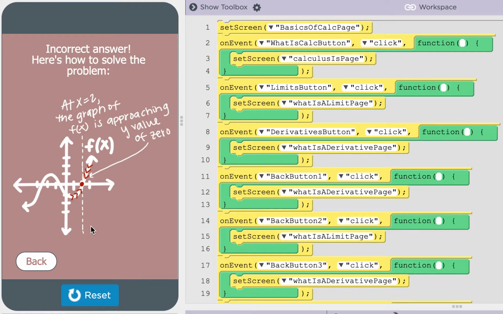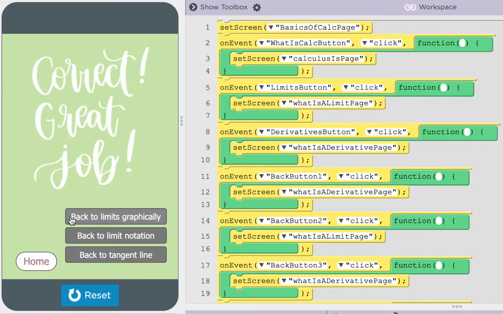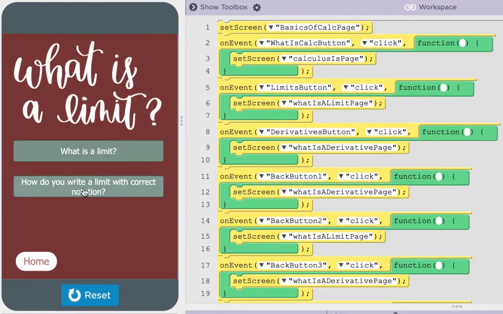This one says that x equals 2, which tells you what you should be looking at. The graph of f(x) is approaching the y value of 0, and it shows you that point and marks it on the graph so you know what it's meaning. Then you can go back, and if you understand it better, get the right answer and get a page that tells you got it correct. Then you can go back to that, and the next question under the limits section is,